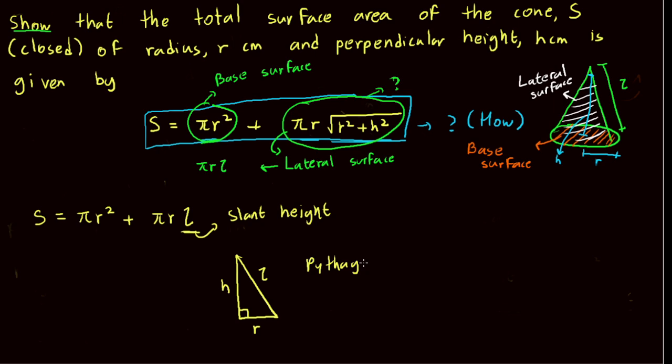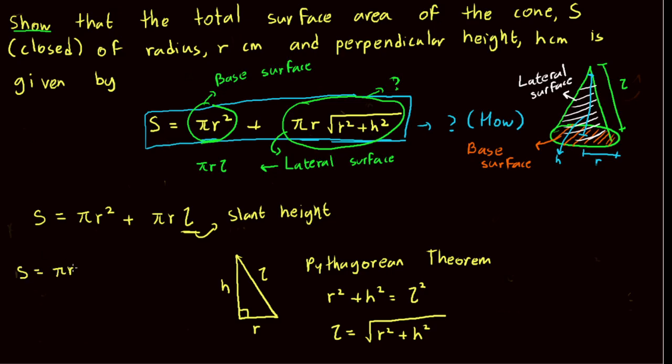The Pythagorean theorem. Hopefully I spelled that right. It's something I learned in high school, or middle school. It's fairly straightforward. So we know that r square plus h square equals L square. Therefore, L is simply the square root of r square plus h square. Alright, therefore we know that S becomes pi r square plus pi r